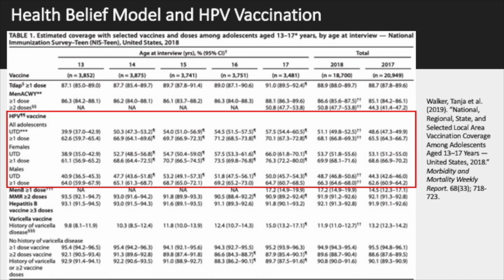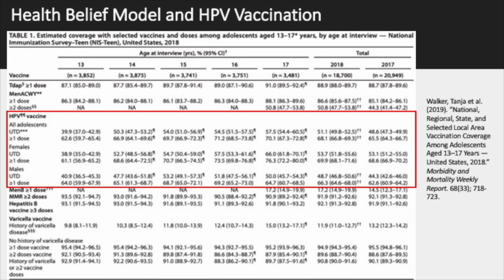HPV is also a leading cause of cervical cancer in women, so preventing HPV is very important. However, adoption of the HPV vaccination, which should happen in adolescents, is lower than it could be globally and in the US. So this is a very small table, I know. It's quite possible you can't read this at all on the YouTube video, but I did put in a red box the statistics for HPV vaccination among all adolescents, among females, and among males.